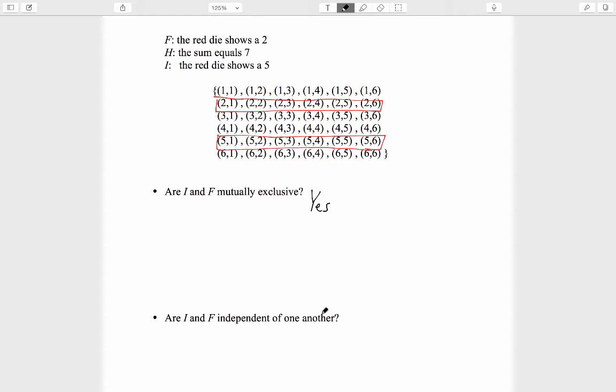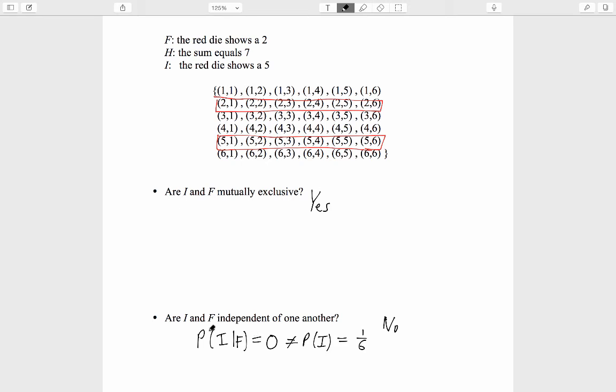Are I and F independent of one another? The probability of I given F equals 0. If it is known that F has occurred, there's no chance for I to occur. If the red die already shows a 2, it cannot turn out that it will actually show a 5. On that roll, it shows a 2 and that's it. So the probability of I given F equals 0, and that is certainly not equal to the probability of I itself before any information is known about F. That probability is 1/6. The conclusion then is that I and F are not independent of one another,